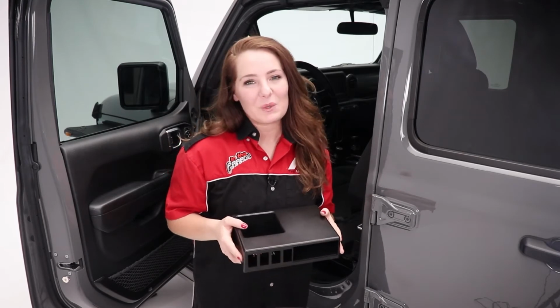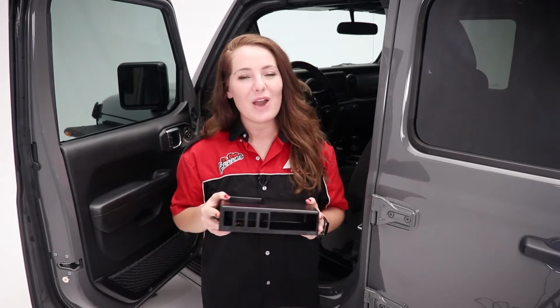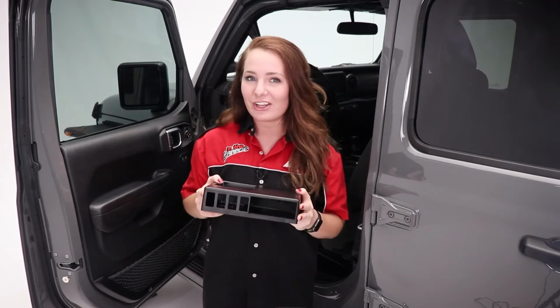Hey guys, it's Abby in the garage, and today we're taking a look at the Jeep JL switch panel with CB mount from Autometer, which is perfect for that trail rider who is looking for a better mounting option for